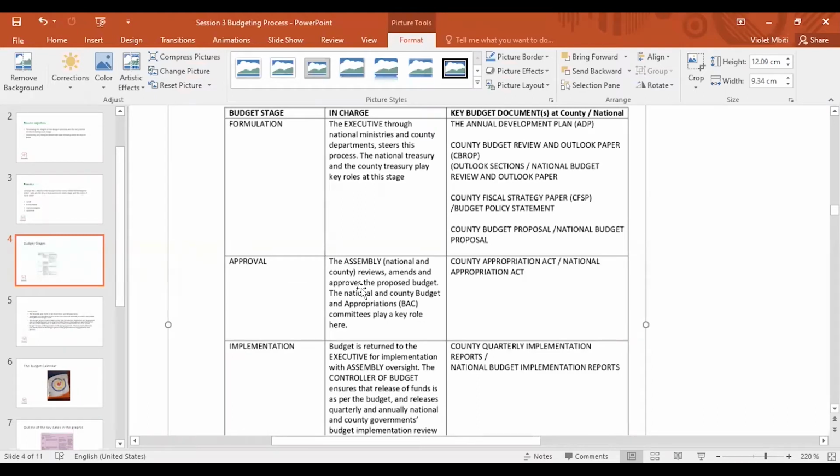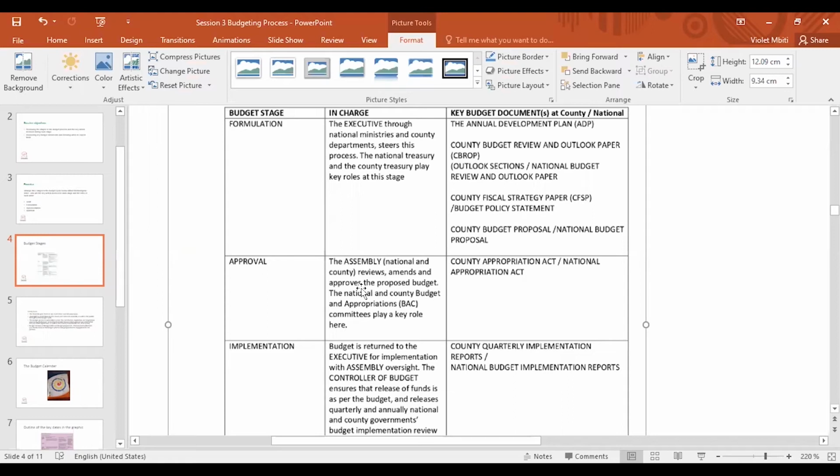So with regards to each county, you find that members of the public were engaged during the CIDP, and every year during preparation of the annual development plan,